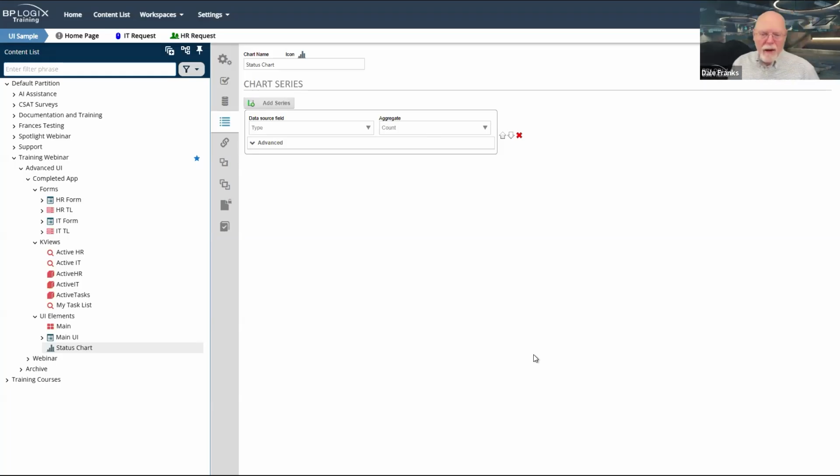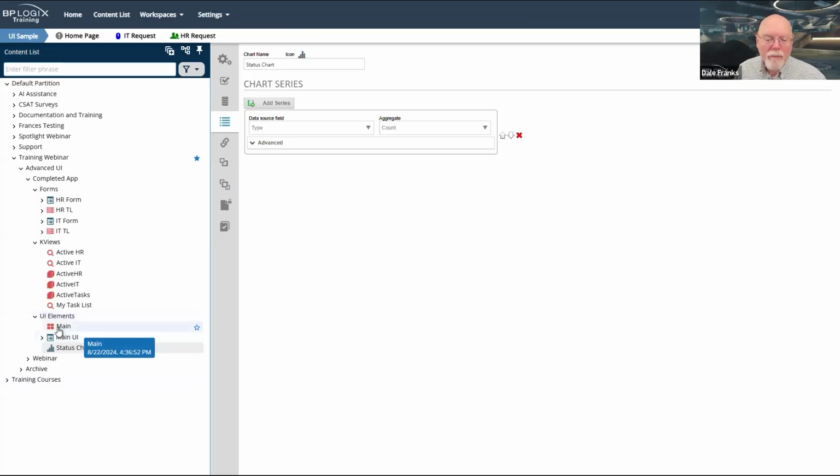So I've got 3 knowledge views that I want to display. I have numeric data, just the count data that I need to display. And then I have several buttons that need to be configured. And all this stuff has to work. And I'm going to be using a form to do it. In my case, it's this main UI form.